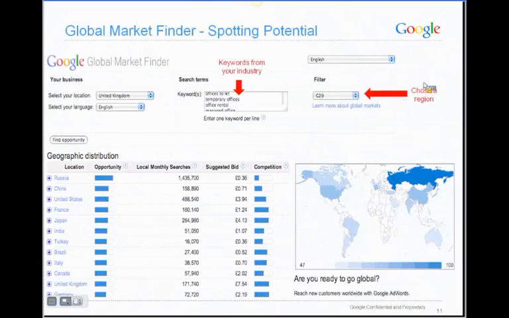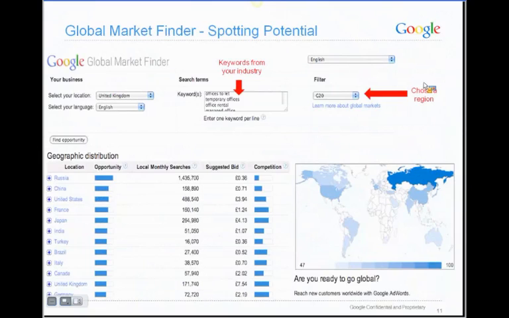The map helps you to visualize the findings and have a more complete market overview. The two most telling metrics are opportunity and competition. Opportunity is defined as the country's export opportunity relative to other countries in the selected export region. It combines the number of local user queries and CPC of local ads. Competition is defined as the number of advertisers bidding on each keyword relative to all keywords across Google.